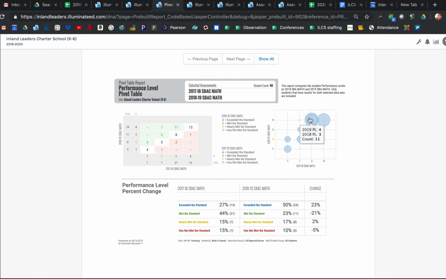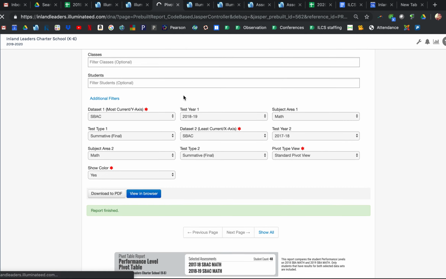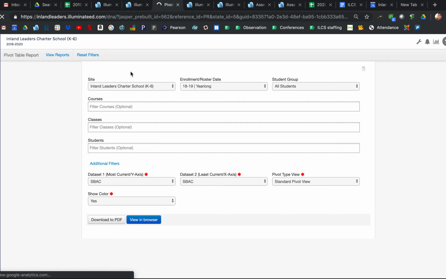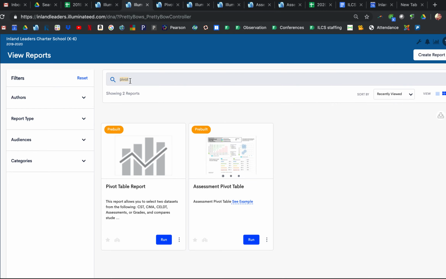The pivot report is a really great report to see who grew and who also went lower than what they had the year before. The other reports I had mentioned, there's a couple of new features on some of them. So if I go back and look at just Smarter Balanced,